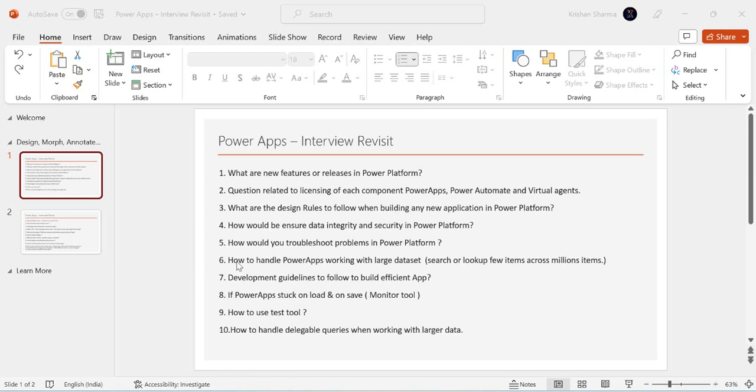And then question number 6, how to handle Power Apps working with a large data set, searching for a few items across millions of items. So this is a very critical question. As you know, I'm already taking these questions at the advanced level, because at the basic level, most of the citizen developers in Power Apps already know those basic questions, how you can have controls in it. So these are advanced level or architect level questions. So how you can handle Power Apps. So these are major